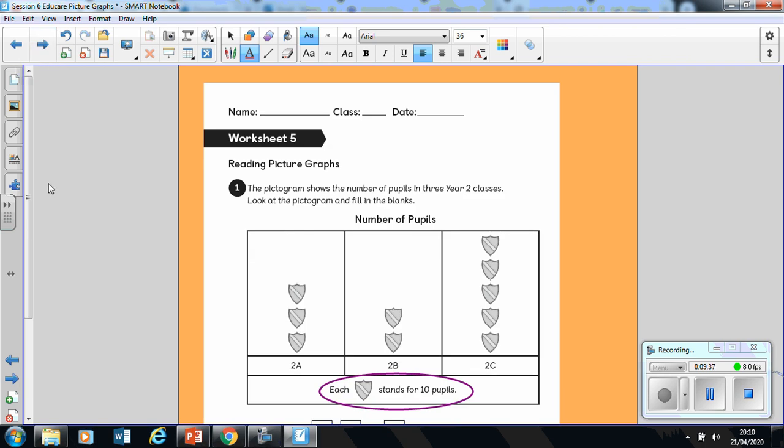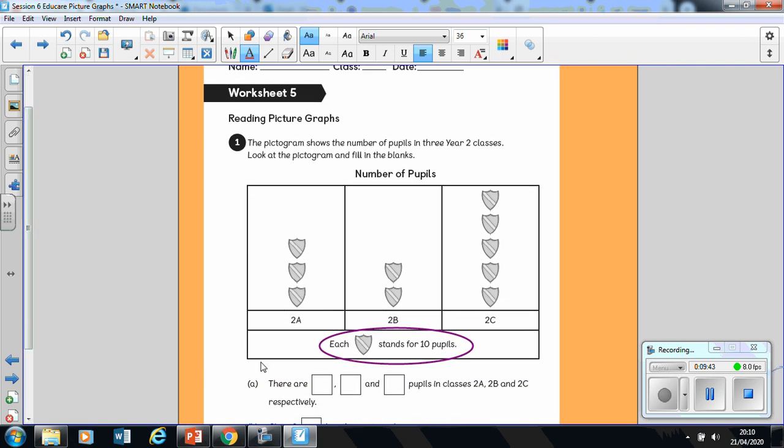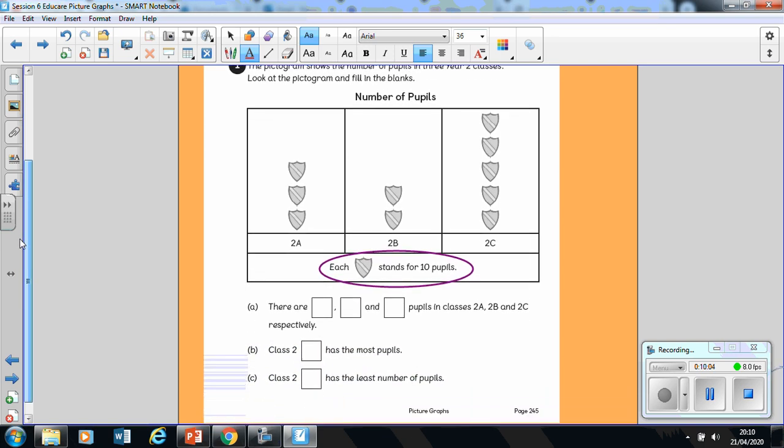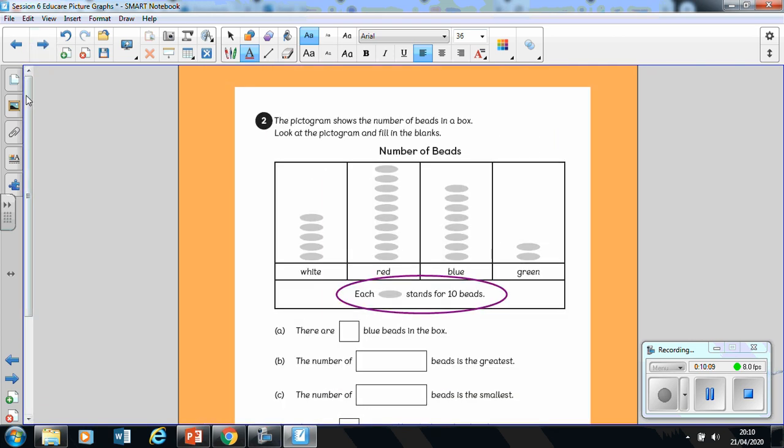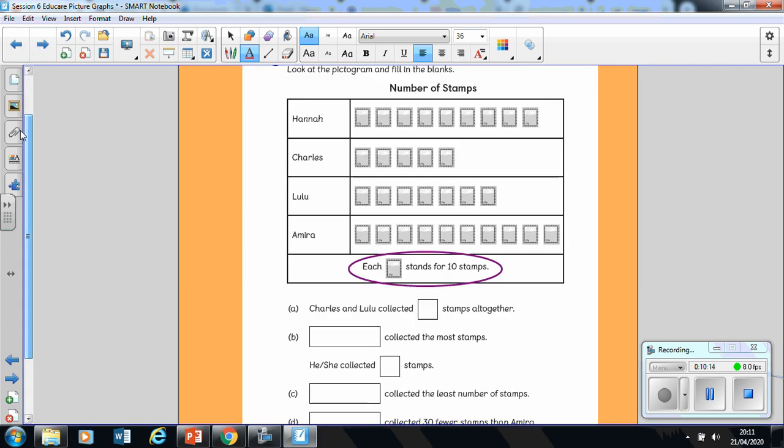Here we are with our worksheets. Now today, our key is that the symbol stands for 10 because we're using our multiplication knowledge for the 10 times table, which means we're counting up in groups of 10. Okay, so ask an adult or your learning partner to help you with the questions and read them out to you, of course. So here's your first pictogram, there's your second, and your third,